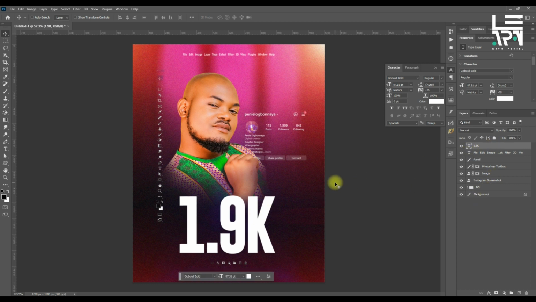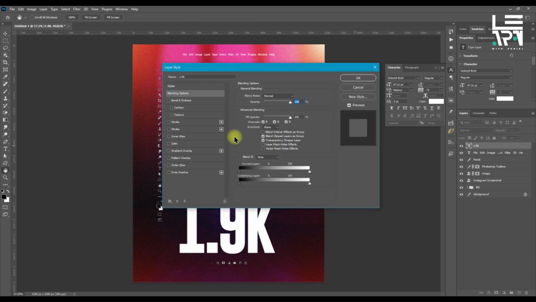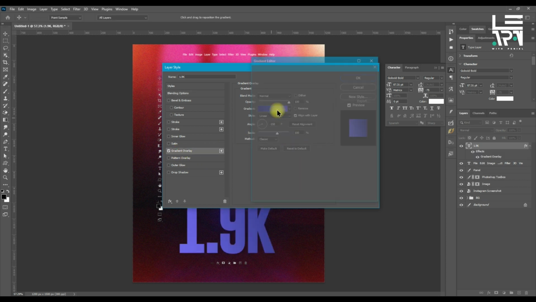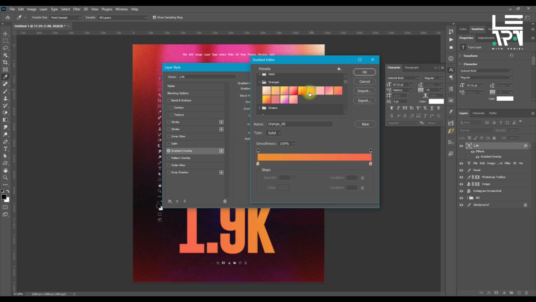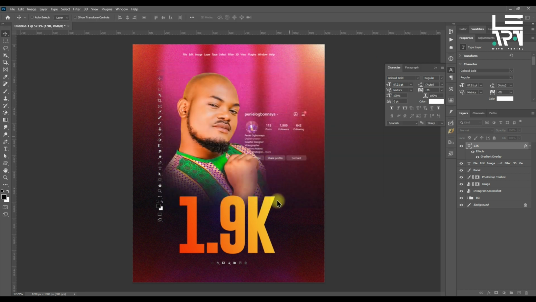Now we're going to add gradient to the font. You double click on that layer and it brings out the blend mode, the layer style. Then you can click on gradient. Photoshop has given us some preset gradients. I go to oranges and choose the particular gradient I want, and not this one, yes. So I click OK and click OK, and this is what I have, but I need to adjust it a